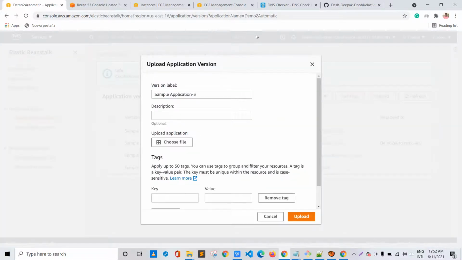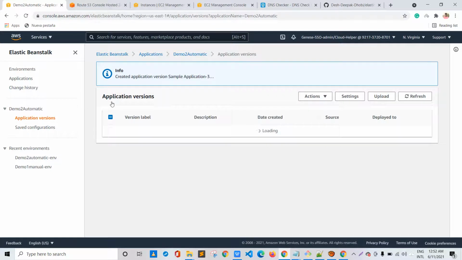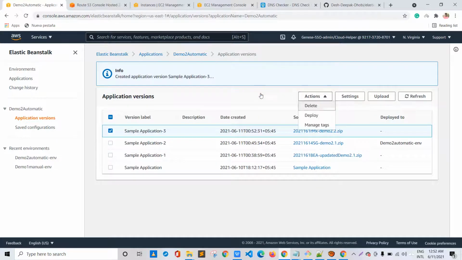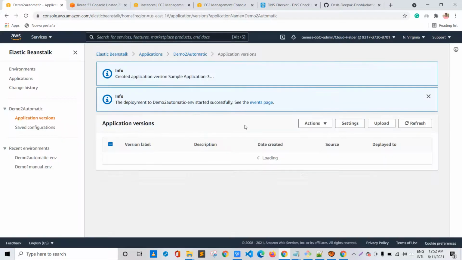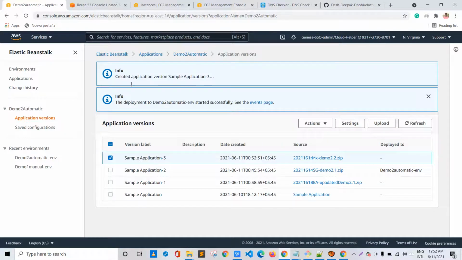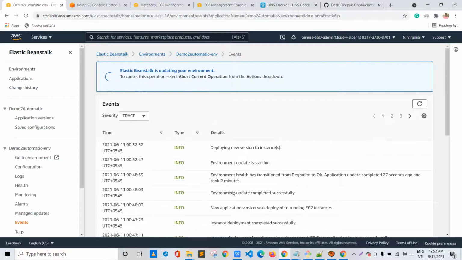And yes, it says our application version has been uploaded. Let me click over there, click on actions and click on deploy. The deployment to demo 2 automatically has started successfully, so it will take a few minutes and our application will be deployed.